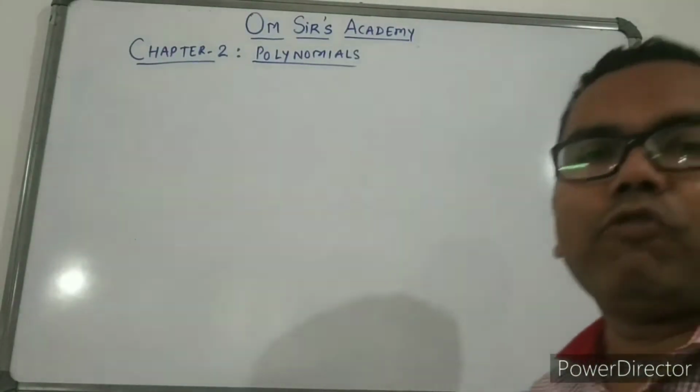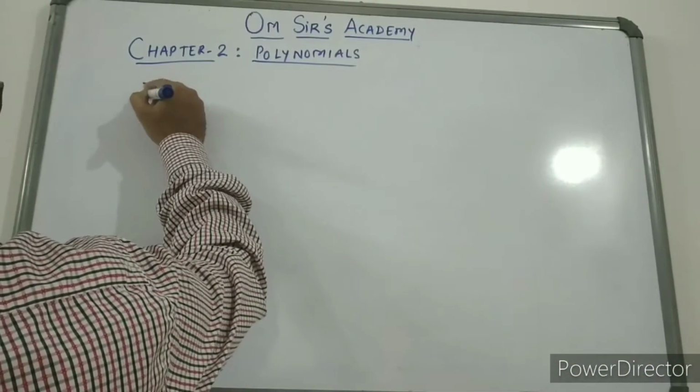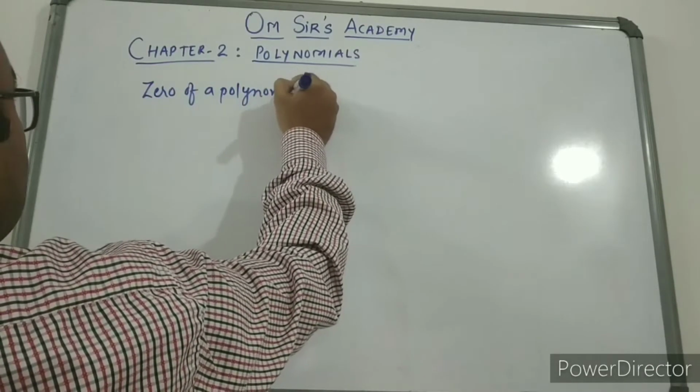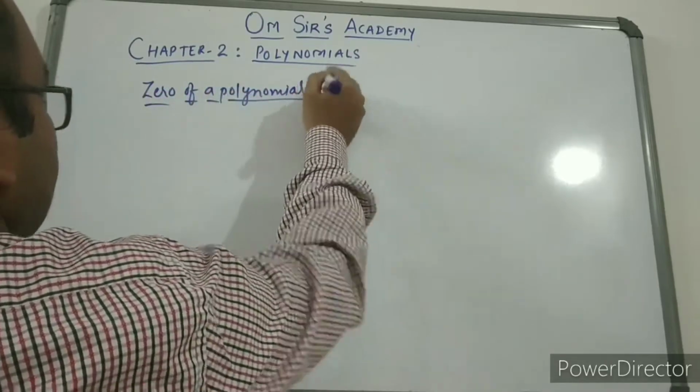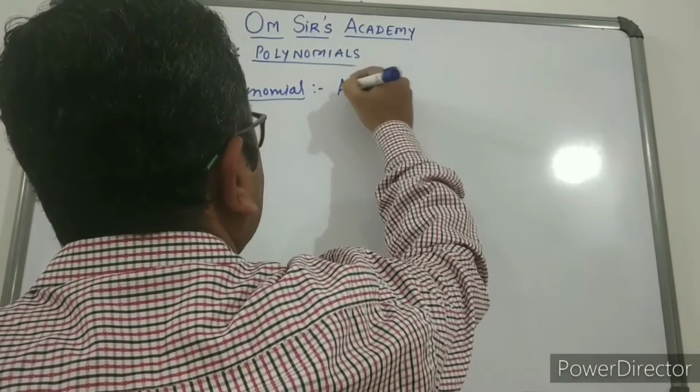Now friends, what is zero of a polynomial? Let us define first what is zero of a polynomial. Any guess? Zero of a polynomial is a value of a variable which, when substituted in a polynomial, we get an answer 0, then that value is called a zero of a polynomial. So it is nothing but a value of a variable